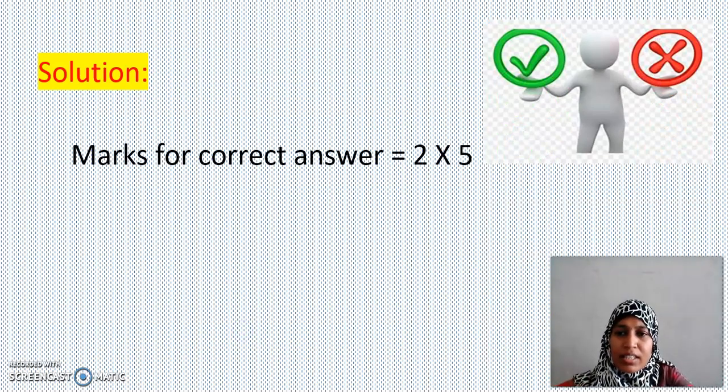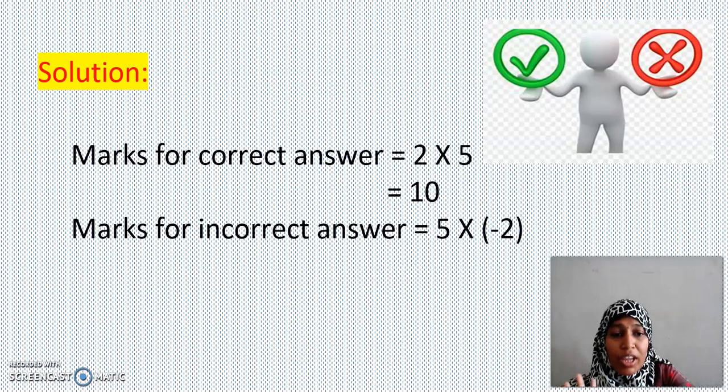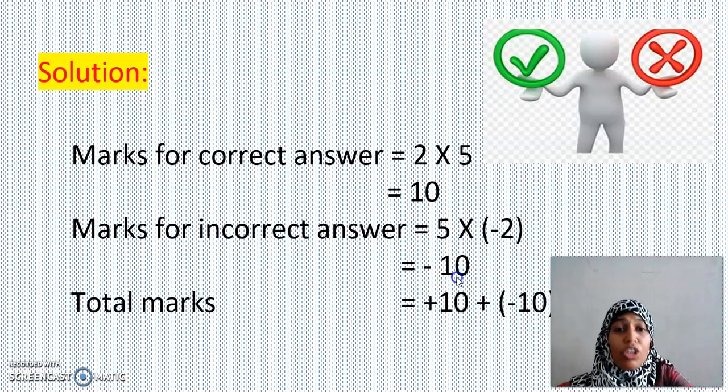For correct answers, she wrote only 2 correct answers. Each question carried 5 marks. So, her marks is 10 marks. How many answers did she write wrong? 5 answers she wrote wrong, and she gets negative marks of -10. She got 10, she lost 10. So ultimately what is her score? 0. So be careful while you do a competitive exam which has negative markings. Okay, that exam will keep you at a higher level.